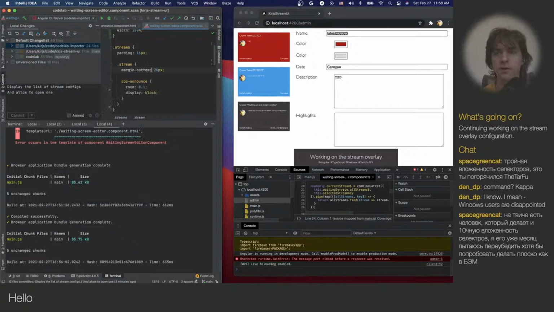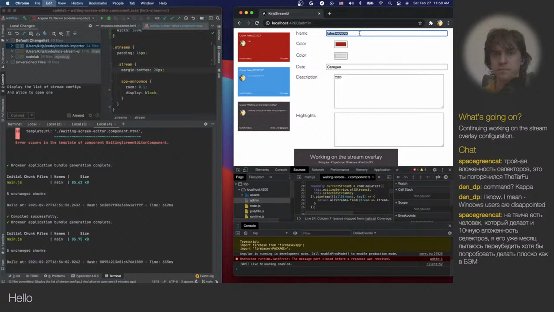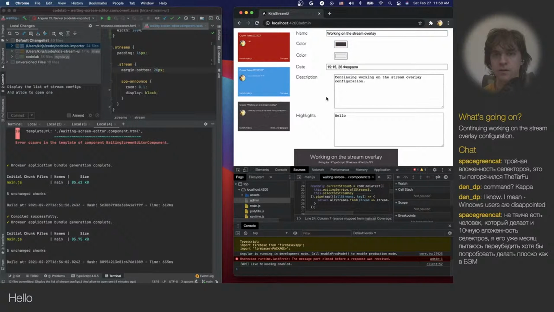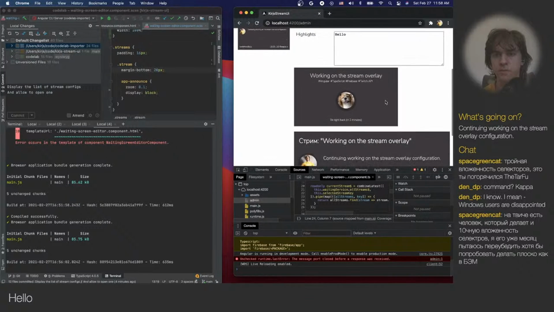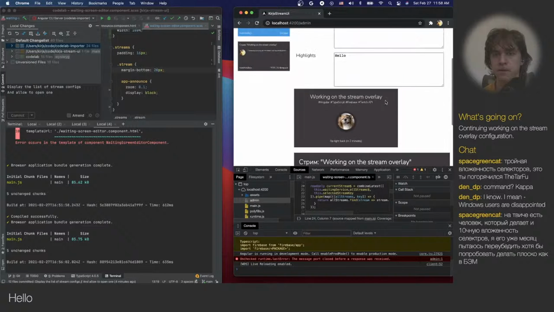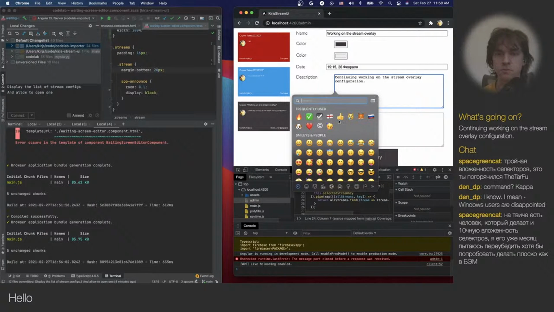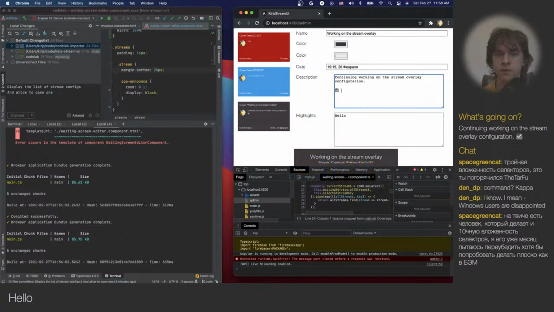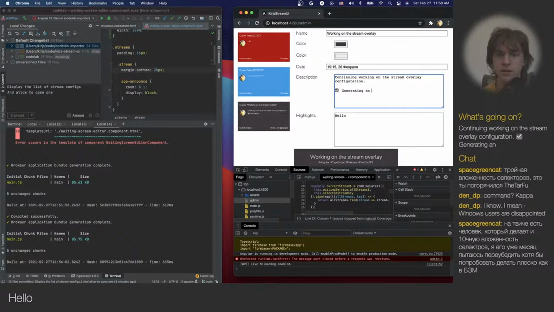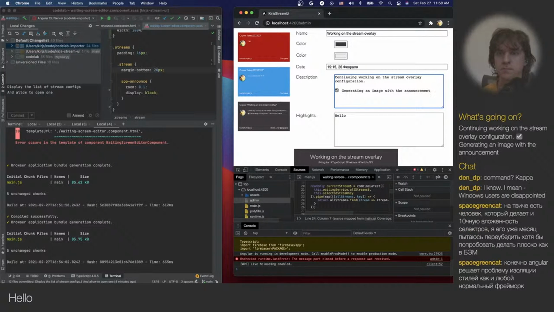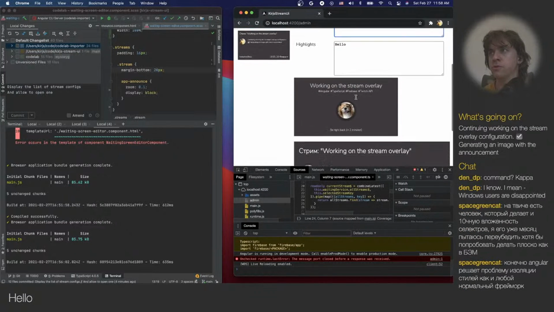Alright, meanwhile, I have this stream working on stream overlay. So what I wanna do is, let me add the checkbox. Generating an image with the announcement. Right. So what I wanna do is,